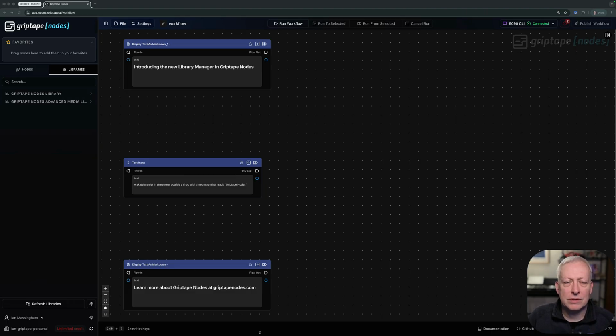Today I'm going to introduce you to a new library management feature in Griptape Nodes. Griptape Nodes is our visual editor for creative professionals that want to put generative AI technologies directly to work in their workflow, supporting image, video, audio generation, as well as a lot of image manipulation and video